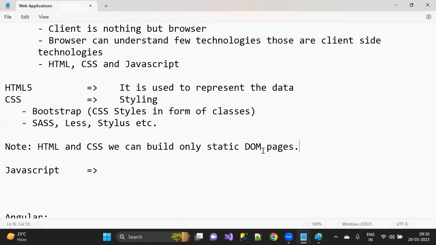Now, what is meant by DOM? DOM stands for document object model. DOM stands for document object model. Now, what is it exactly? At the time of doing the development, we used a lot of HTML tags and we have written a lot of CSS styles. Those are what we call HTML tags or HTML elements, or let's say style properties. That is how we are calling them.